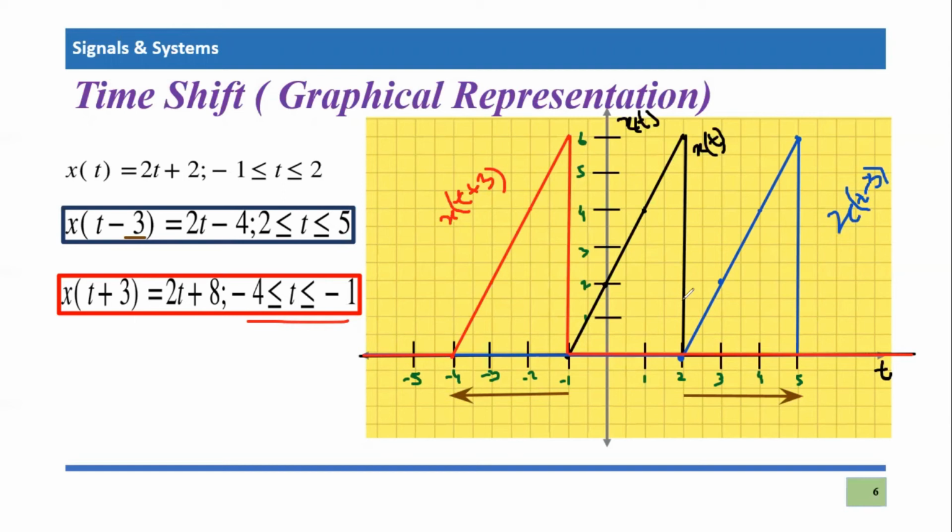I hope you have understood it. You can apply any time shift. I have used only value 3. You can use 1.5, 1.7, or 7, or any other number, but the usual method and the overall guideline will remain same to shift a time signal either in mathematical domain or in graphical domain, right?